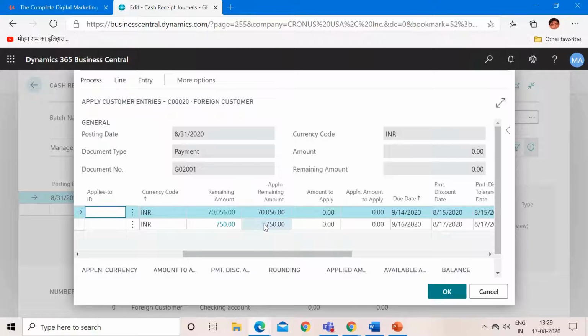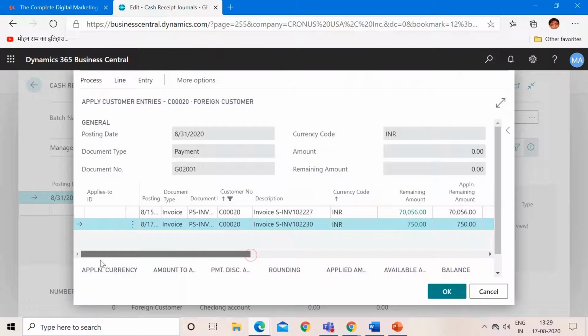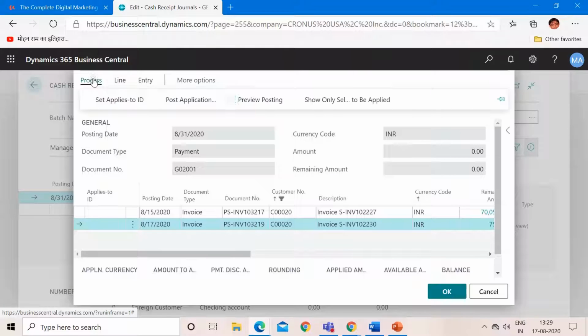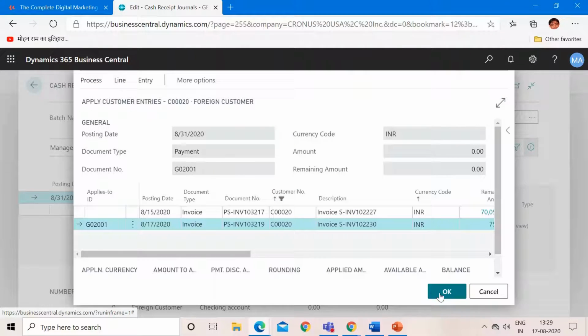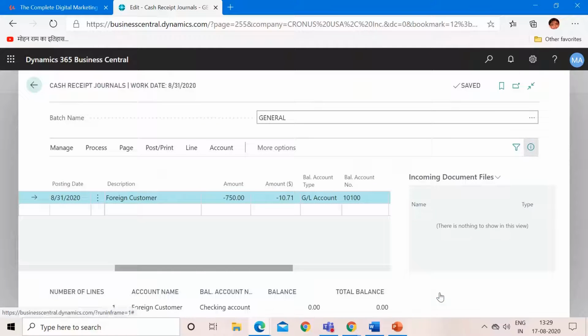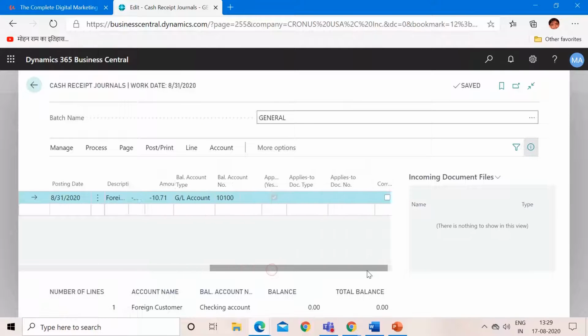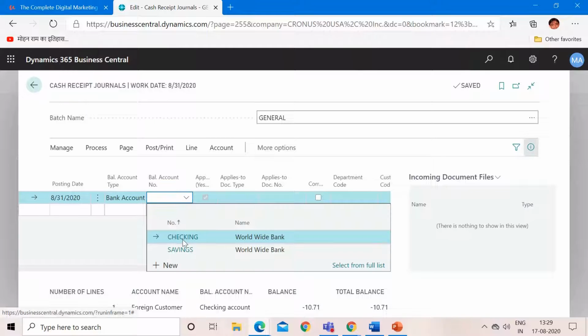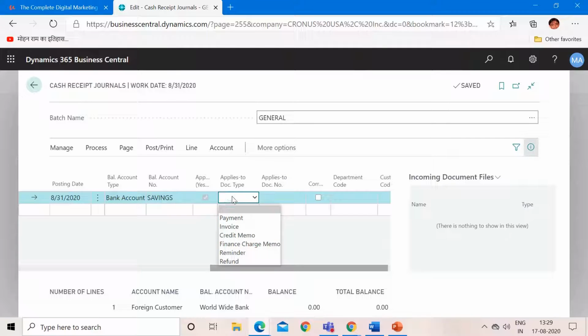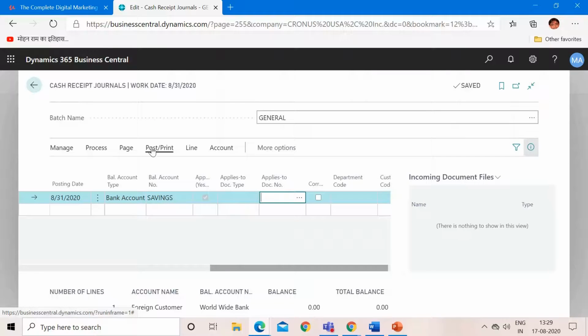So in our case this is our invoice. Select this, click on process, press set applies to ID and click on OK. So that's it, and here I will select the bank account, savings. Okay, so that's it. Now post this.